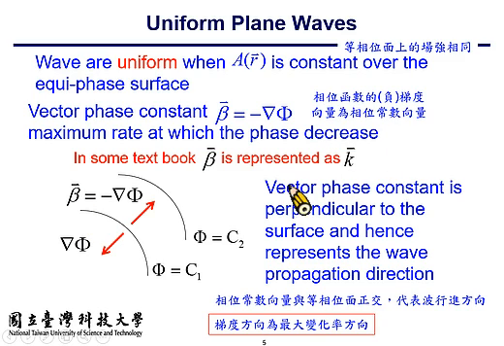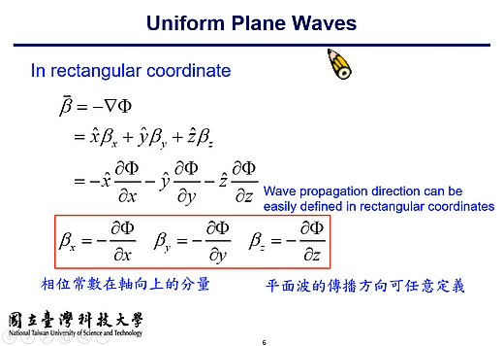So beta is referred to as the vector phase constant, and it is perpendicular to the surface of the equal phase surface, and hence represents the wave propagation direction. Okay, right. So the important thing is here; it represents the wave propagation direction. Right? Any questions so far? 没问题到这边啊。